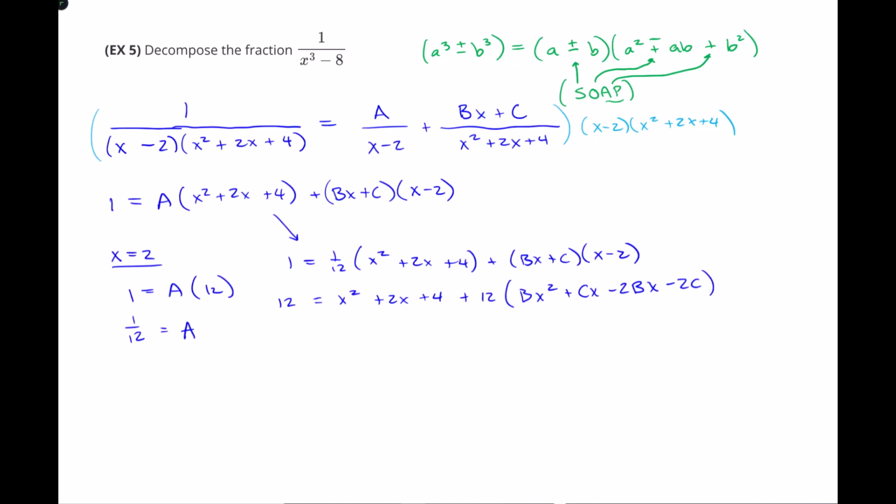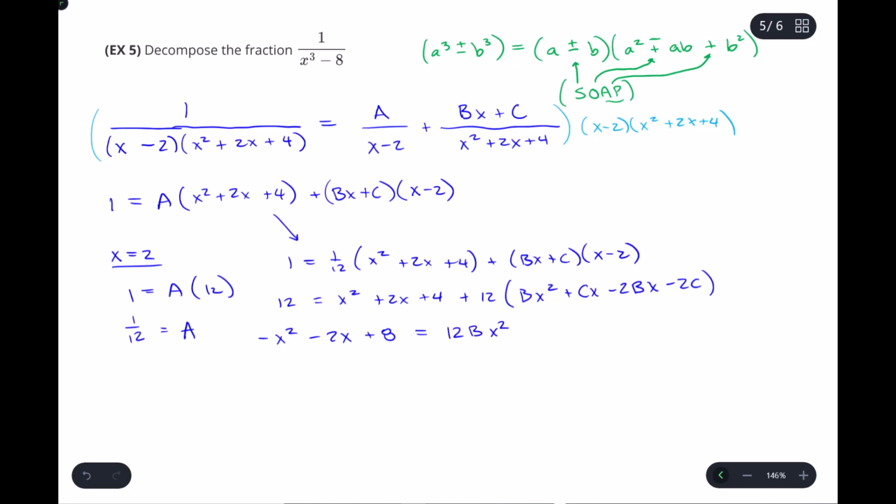And everything that doesn't have b or c on it will go to the other side, and everything with b or c will stay where it's at. So x squared is going to move to the other side, as well as the 2x. Then I'm going to subtract 4 from both sides, so that'll be plus 8 equals 12bx